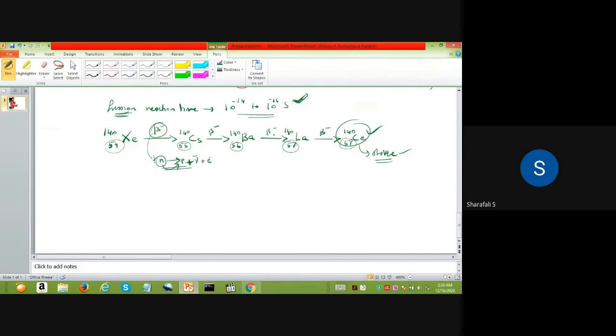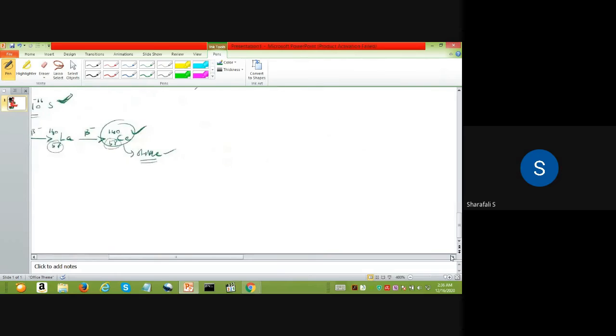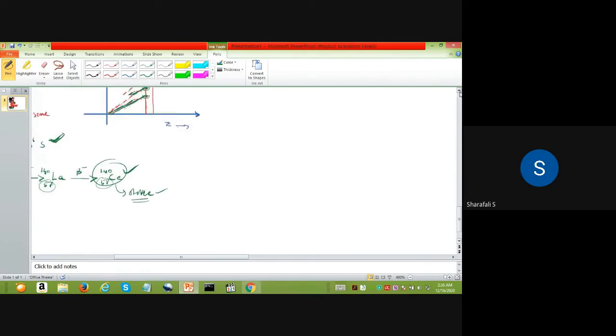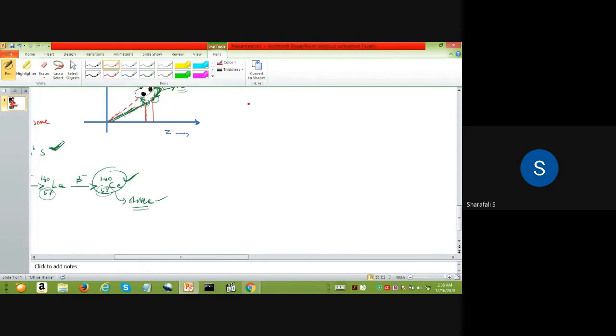Similarly, all other daughter nuclei, most of them will be in unstable form and immediately go through this negative beta decay and become stable. Okay, and another example I will give, because it is having some importance. So another example I will give for this fission process. Take uranium-238, which is going through that